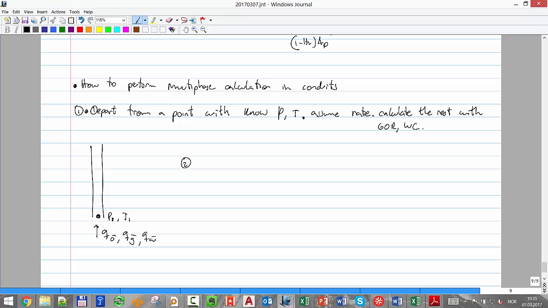After I have that, that will be the first step. The second step will be to calculate from a point, so this will be from a certain depth. The second step will be to convert from standard conditions to local conditions. So how do we do that? We can do it two ways. We can use a compositional model,